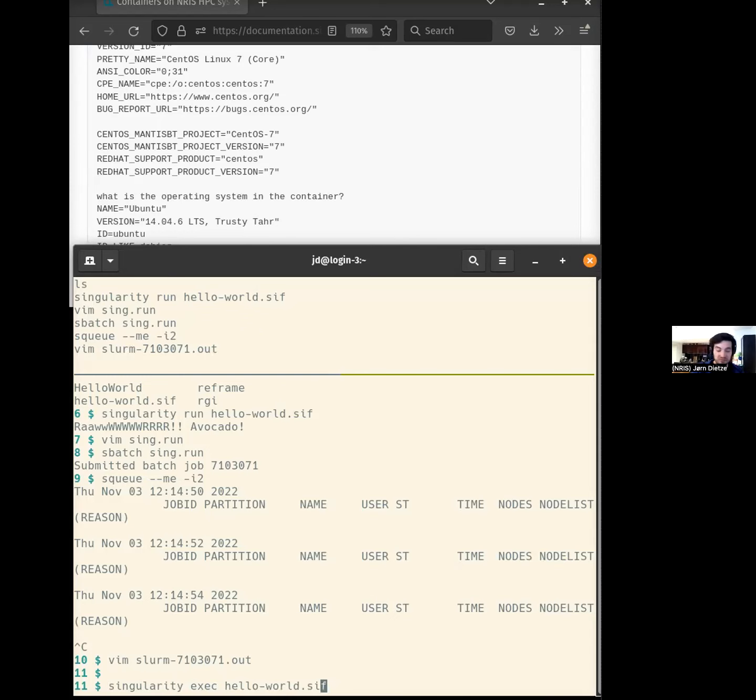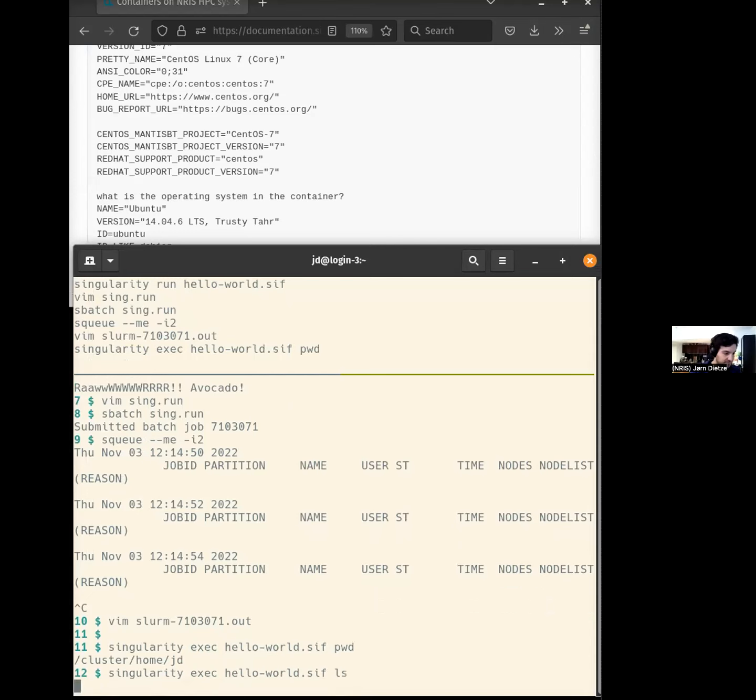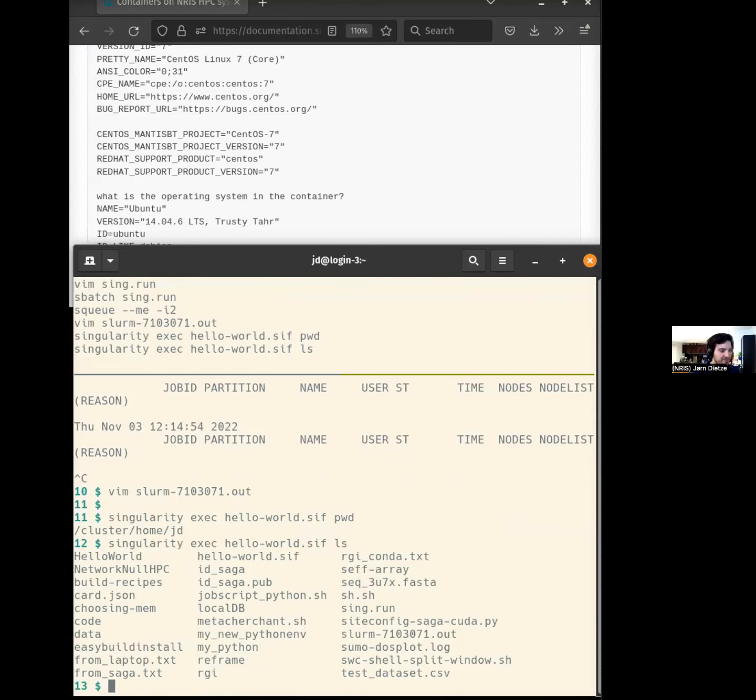What do you have to do to get a shell? This is a shell, isn't it? Then you have to start it interactively. So we are not going to show that now. Okay. So you could do the exec, and can you show me where you are now? PWD. Okay. I can print, for example, that I'm inside the container and still I get the files which are in my home directory.